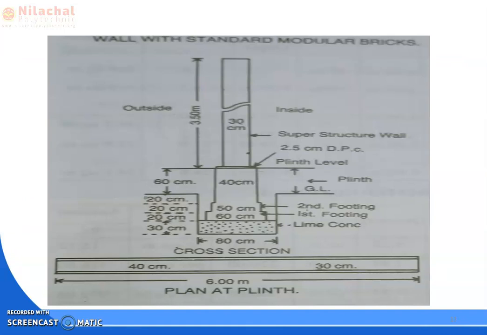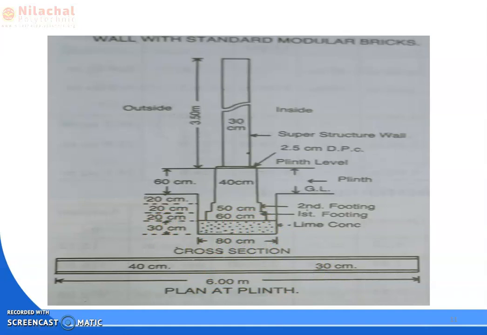Here the figure is given for a particular wall which contains 6 meter length and 40 outer distance, 30 inner distance. At the plan at plinth level, it means the plinth breadth is defined as 40 and the wall breadth is defined here as 30. Okay. So the total cross section is given